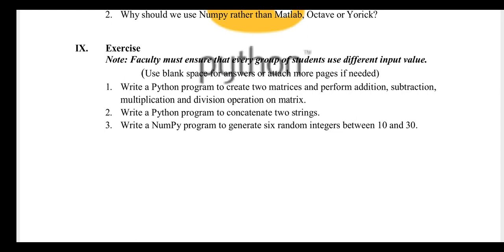Write a Python program to create two matrices and perform addition, subtraction, multiplication and division operations on the matrices. Write a Python program to concatenate two strings. And the third one is to write a NumPy program to generate 6 random integers between 10 and 30. We are going to do it.